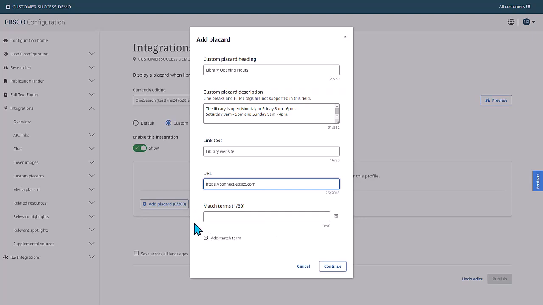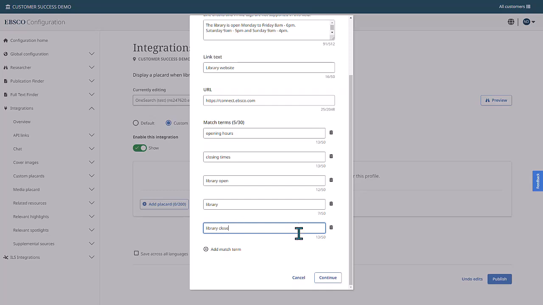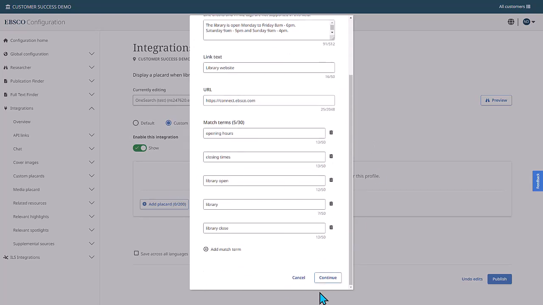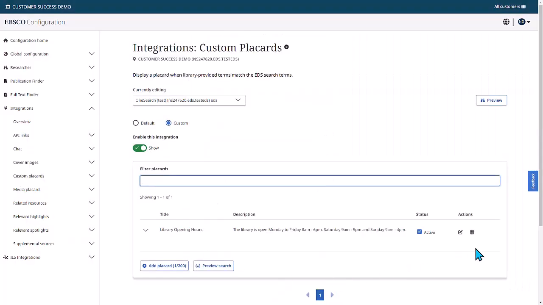So what do I think my users are going to search to locate this particular placard? I'm doing library opening hours, so it makes sense to have opening hours and so on. So I can have up to 30 different match terms. And if you need to add or edit these, you are also able to do that from within the integrations panel. When you're happy with your placard details, click the continue button